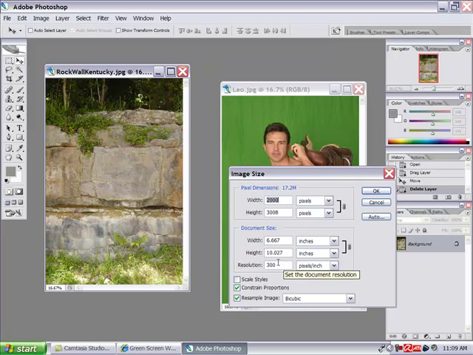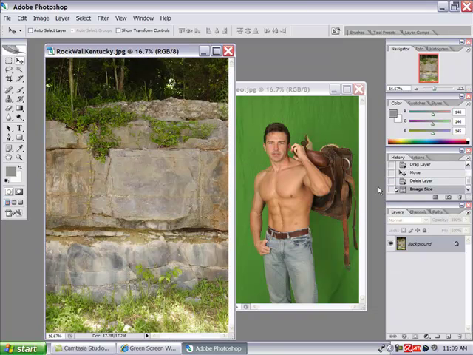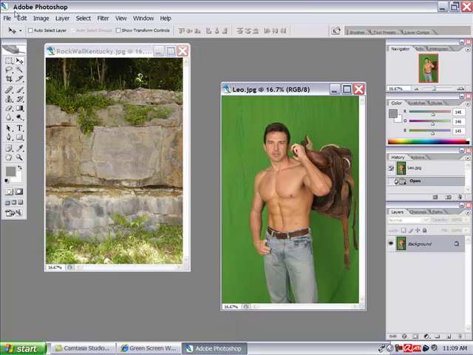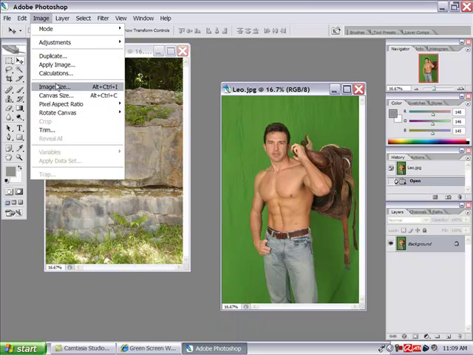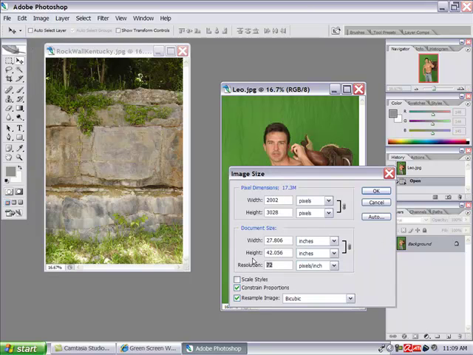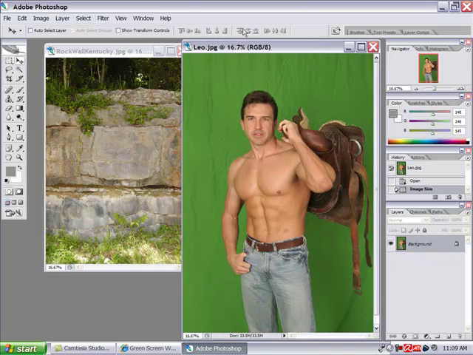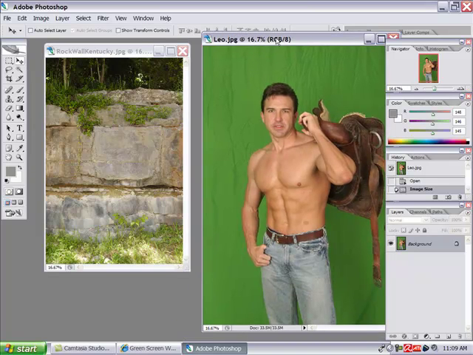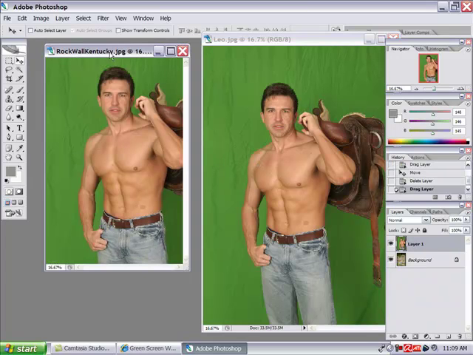And let's see, let's make him 300, 400 dots per inch. Oh, sorry, I did the wrong one. Okay, so there's Leo now a little bit bigger. I'm doing this because I want to illustrate how to scale the image. Okay, now you see Leo is too big